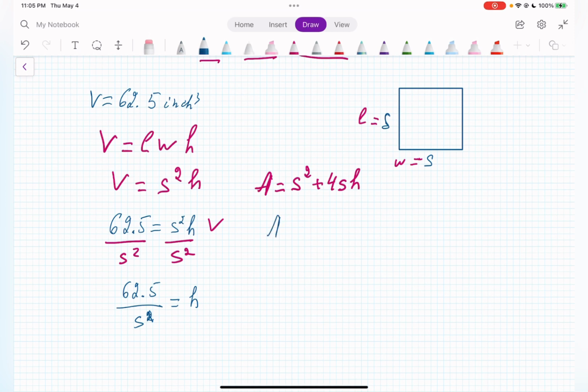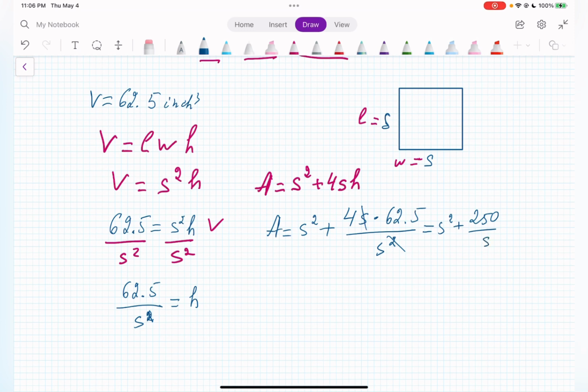So A is equal S squared plus 4S, and instead of H, I am plugging times 62.5 divided by S squared. Now this squared is gone with this S, right? And we are having S squared plus 62.5 times 4, I'm getting 250